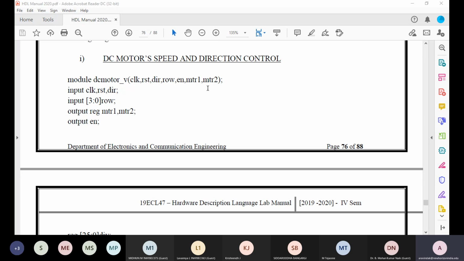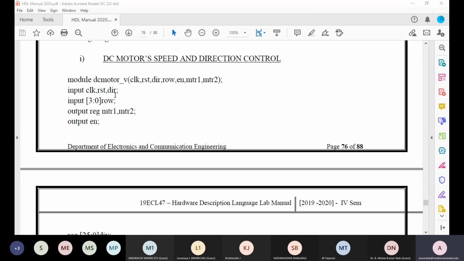Now we have this motor 1 and motor 2. This motor 1 and motor 2 are the 2 sides of the same winding. So when we apply pulse here, if at all this motor 1 we make it as plus and motor 2 as minus, then it is a clockwise direction. Otherwise motor 1 is minus and motor 2 is plus, that is anti-clockwise direction. So we can say motor 1 is logic 1 and motor 2 is logic 0. Later on, for the other direction, we can say motor 1 is logic 0 and motor 2 is logic 1. That way, we are going to set the variables.